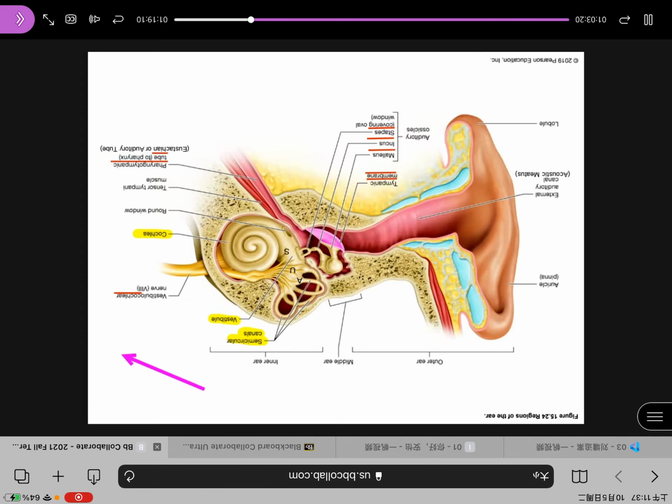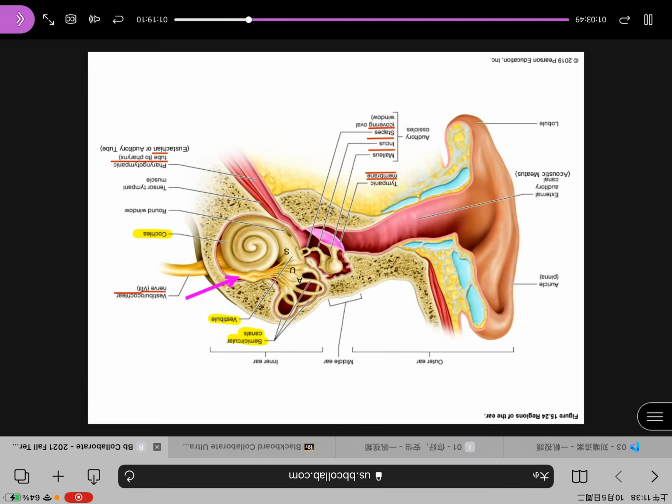These are innervated by this nerve. Let me show you the nerve. And you see that nerve right there? That nerve that's supplying these areas of the inner ear, which is the US and A, utricle, saccule, and ampulla, is the vestibular nerve. The vestibular nerve. So now we can see the vestibular nerve is the other branch of this eighth cranial nerve,